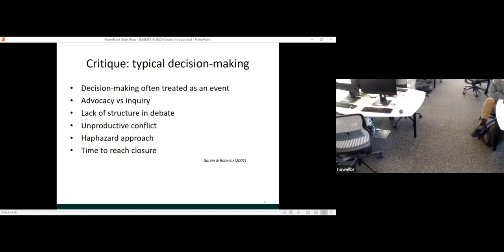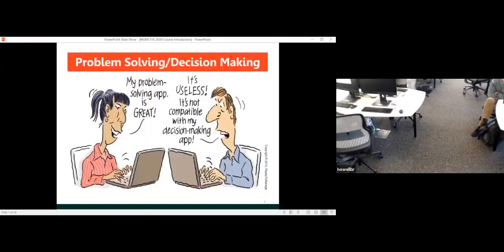where people just do that gut reaction or just do what they want to. That decision making is not helpful if you've not considered other options on the table. And it can often take a lot of time to reach closure, even when you've got some decision processes there. So typical decision making can be quite problematic, but if we apply some of these tools, we can take away some of that mystery, so that even though we mightn't agree fully with or like the recommendations we have to make, we've got a way of saying, well, this is what the model says, given these assumptions we ought to